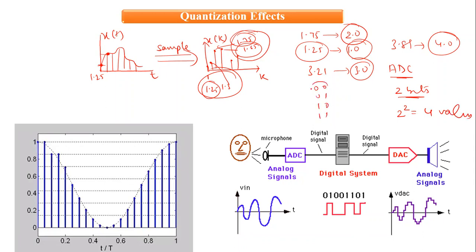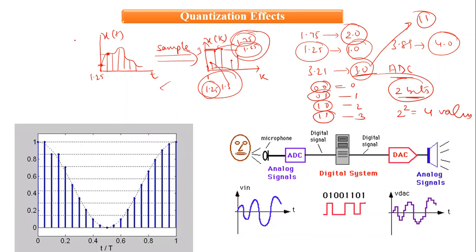So this 00 belongs to 0, this 01 belongs to 1, this 10 belongs to 2, and this belongs to 3, right? So if you have a 3 here, the 3 has digital equivalent as 11 for a 2 bit ADC. If the ADC is 3 bit,